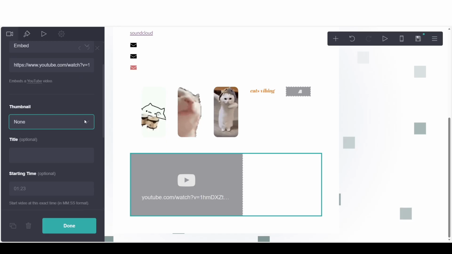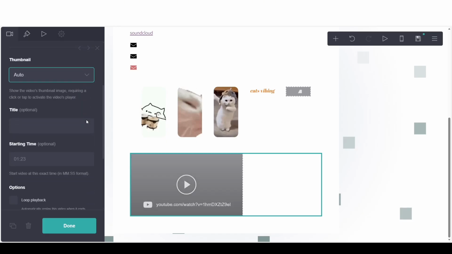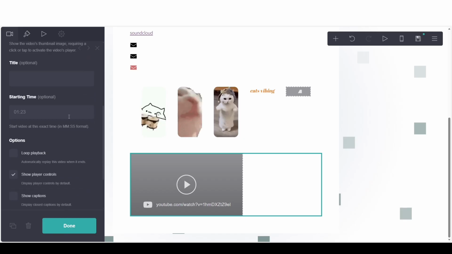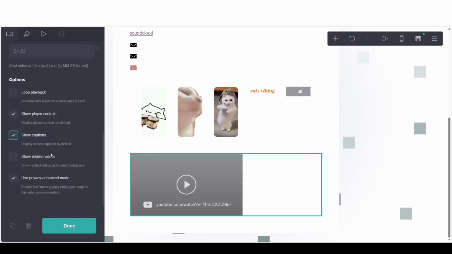After embedding the video, you can customize how it appears on your website. You may add a thumbnail, show or hide the title, or set a specific starting time. There are also options such as loop playback, show player controls, show captions, show related videos, or enable privacy enhanced